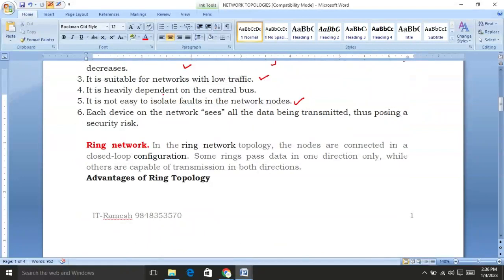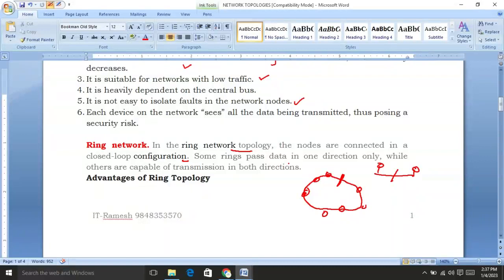Next we come to the ring topology. What do you mean by the ring topology? It means we interconnect the nodes in a circular fashion, right? We interconnect the nodes like that. Suppose, as in the bus topology, there is a disconnection, there is no communication between one node and another. But here there is no such problem. Even if the ring is disconnected at one place, all the systems remain interconnected. So in ring topology, the nodes are connected in a closed loop connection.